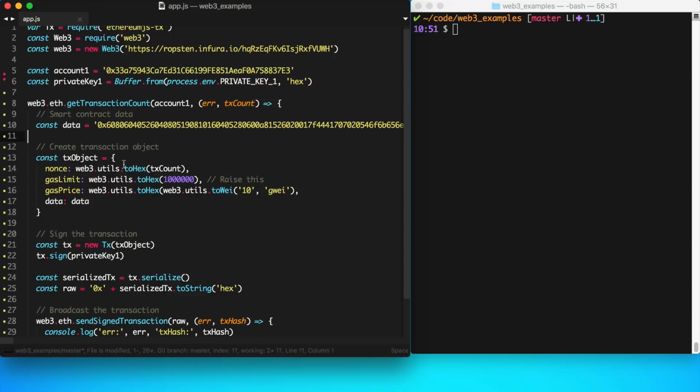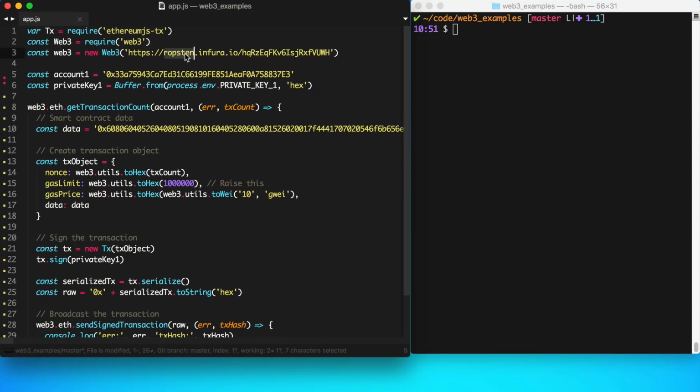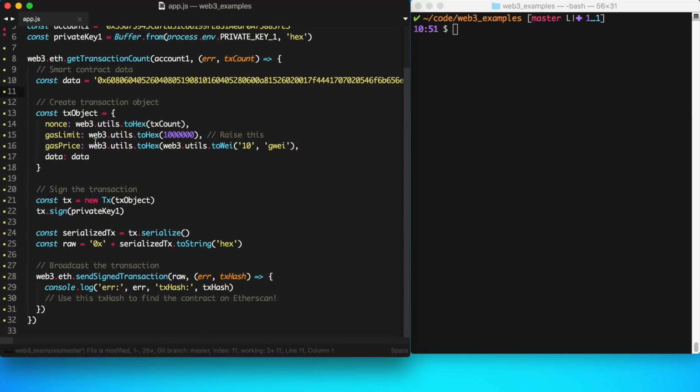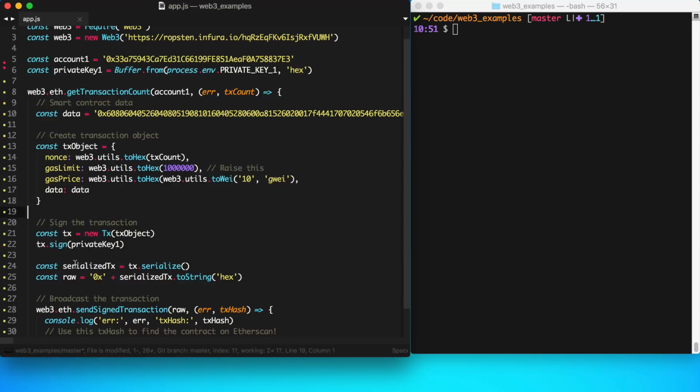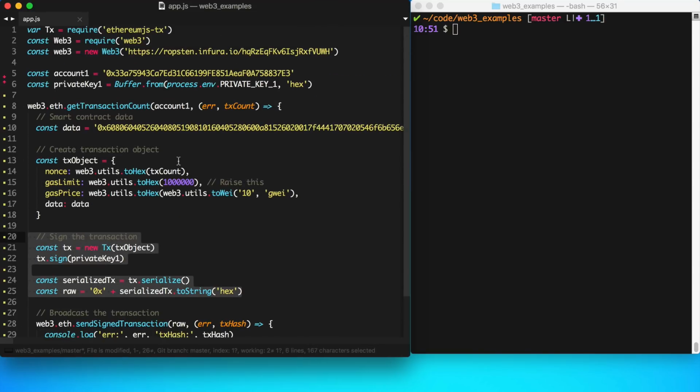And now I'm going to actually create this smart contract on the Ropsten test network. So here's the data. It's going to get filled out in this transaction object here. Here's the gas price. Here's the gas limit. And here is the nonce, which is the transaction count for this account, right? And remember, so basically this is building the transaction object. This is signing the transaction with this